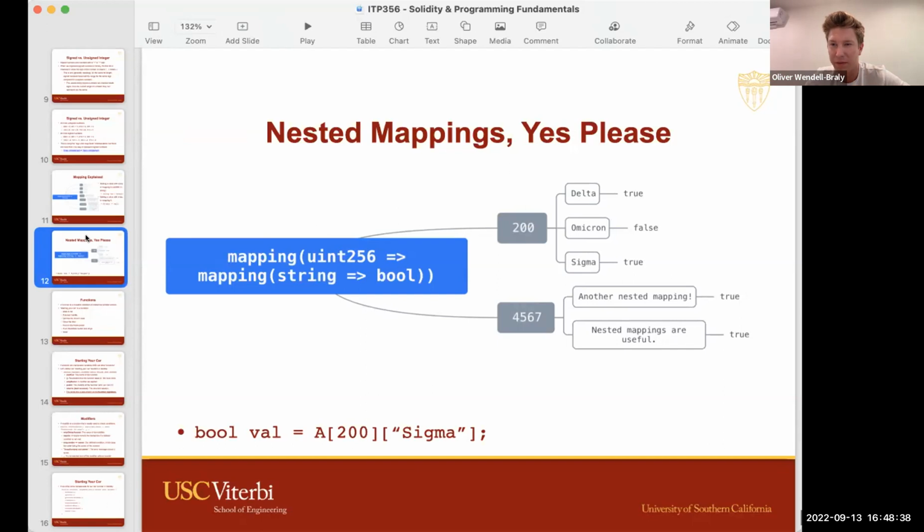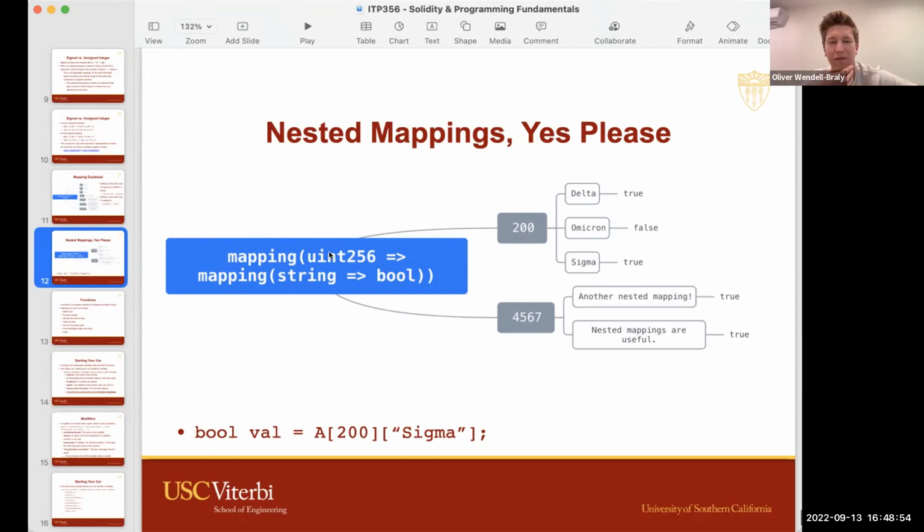Does that make sense? I mean, are you saying within the same outer mapping you can have inner mappings of different types?